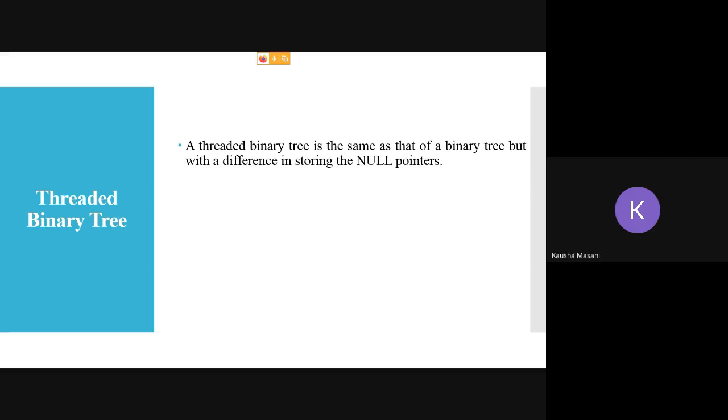If we visualize a binary tree as a linked list, then I will have two pointers, left side and right side. The left side points to the left subtree, and the memory address of that gets stored. On the right side, you have the memory address of the right subtree.